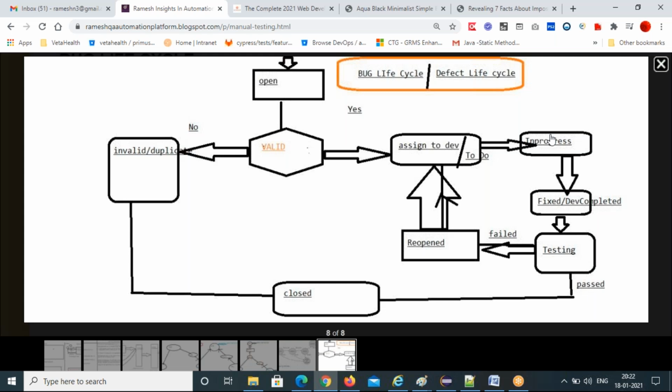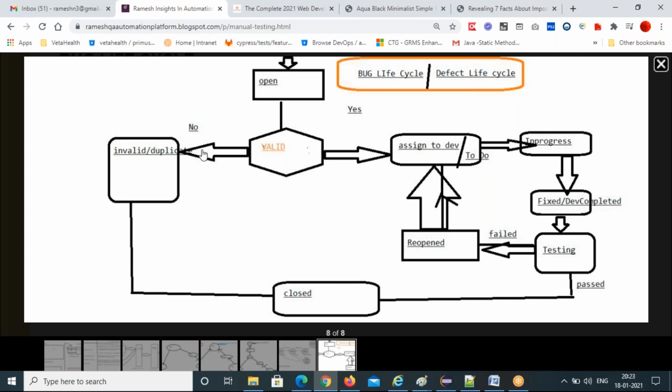That means I am working on that. Then once it is completed, I can say it is fixed or dev completed, and they will move it to testing. If testing is passed, you can close the bug. If testing is failed, you can reopen the bug and assign it to the same developer.